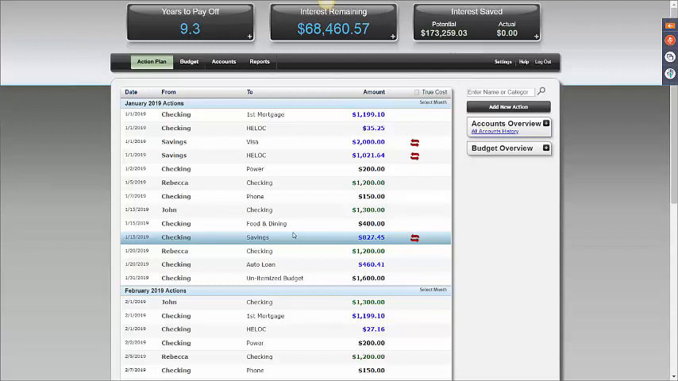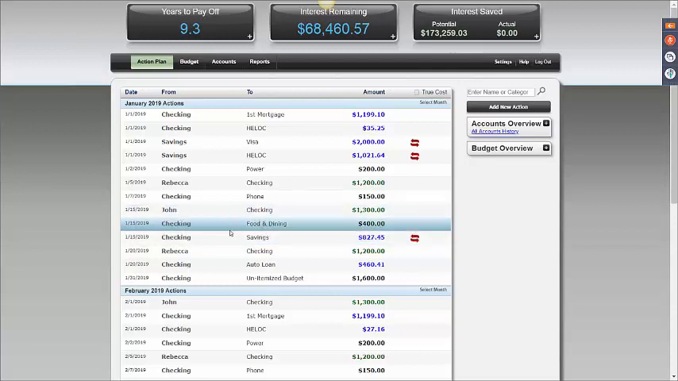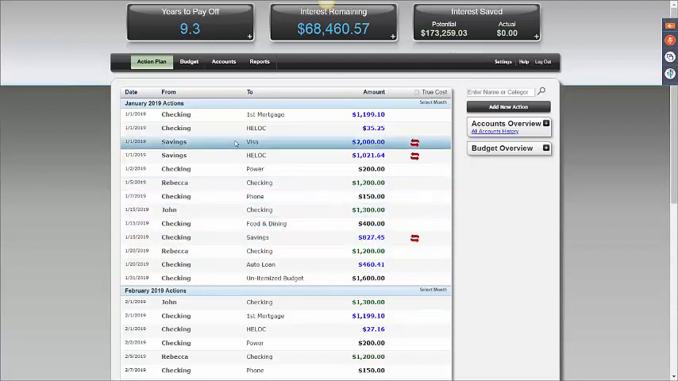And then our third, we can see it down here, is telling us on the 15th to take money from checking and put it back into savings and do that in the amount of $827, and that is done on the 15th. So that occurs in the middle of the month, and the reason the program does that is it wants to see how you do leading up to this point with your budget